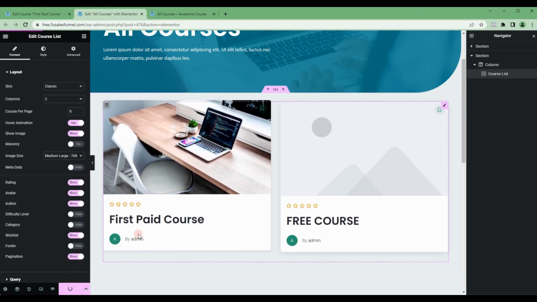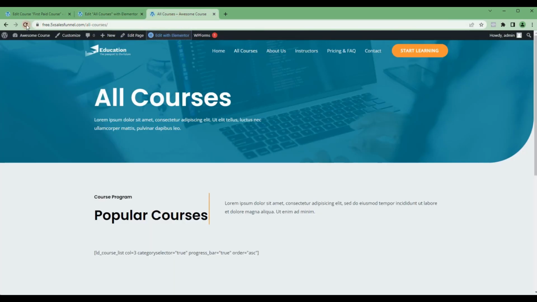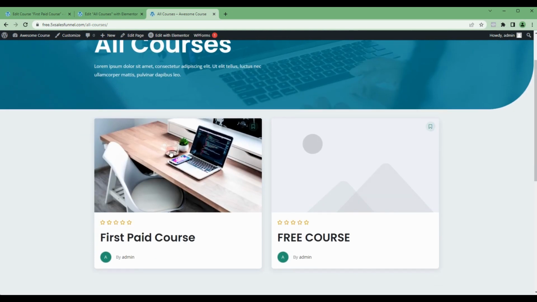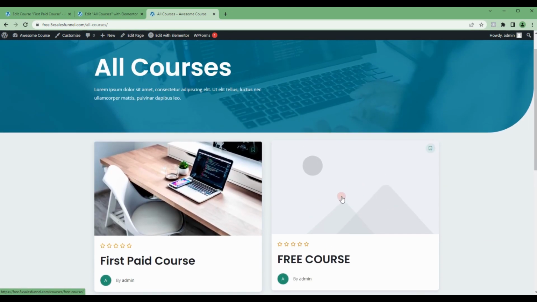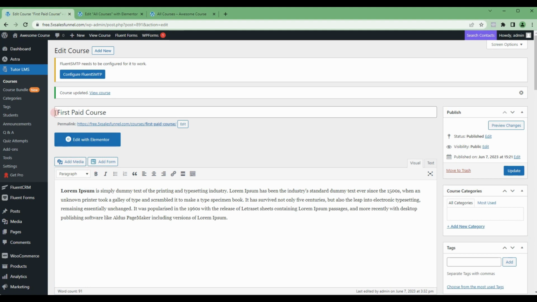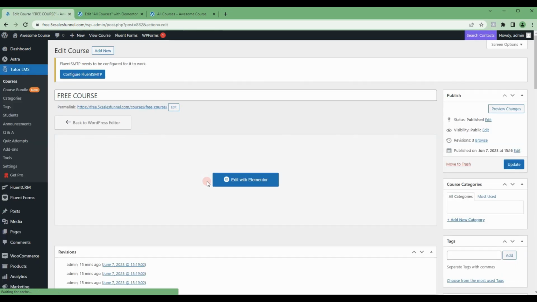Then I'm going to click on update. Come back to the all courses page in the front end, and I'm going to refresh and see if my changes have taken place. And as you see, my changes have taken place. The next thing I want to do is I also want to add a featured image to my free course. So I go into the Tutor LMS courses in the backend,